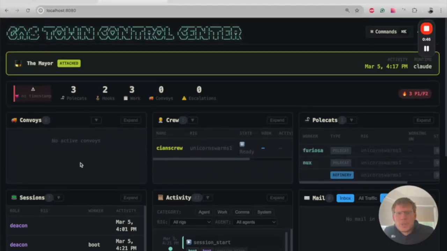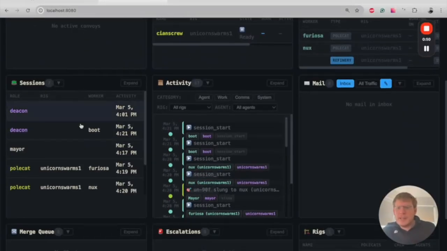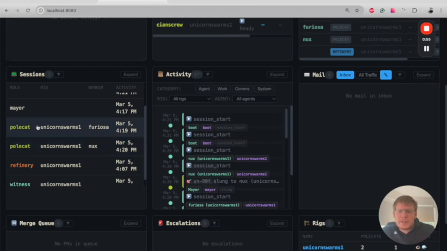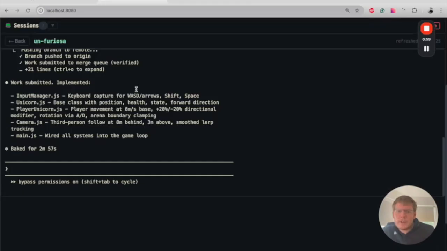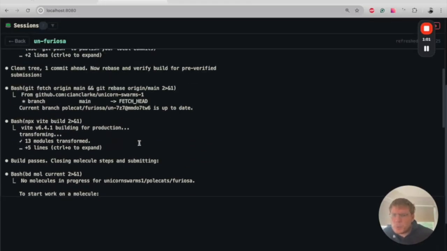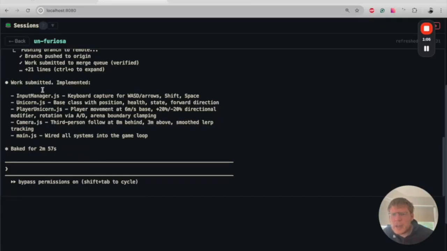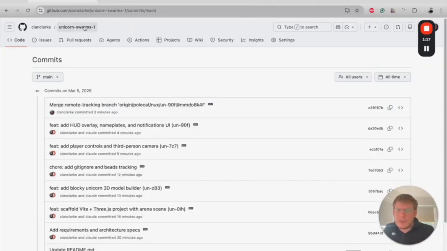This is actually a pretty user-friendly way, saves you from having to learn the innards of tmux, which is pretty nice. And we can see right now that there are 2 polecats. Those are the actual worker bees doing the work within Claude Code sessions, working away in parallel. And so I can see, looks like this one's actually done, so there's probably a merge going on, but you can see the work that it's submitted, what it's implemented, and actually, if we navigate to the project on GitHub,